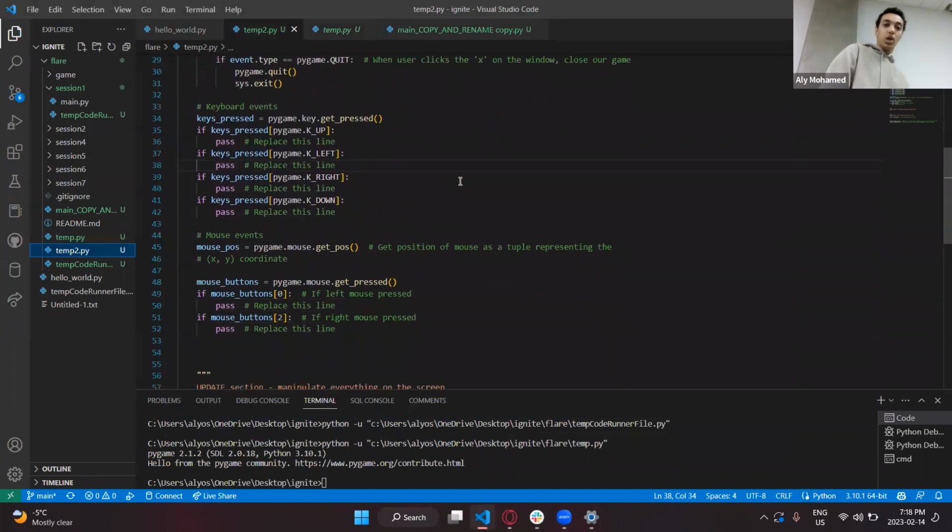Okay. So again, we're going to call another function from Pygame, which is whenever you click something on the keyboard, and we're going to call it keys pressed. All right. And it's going to be a type of bool, which basically means it's a Boolean, it's either true or false. That's all it can be. Okay. So if keys pressed,